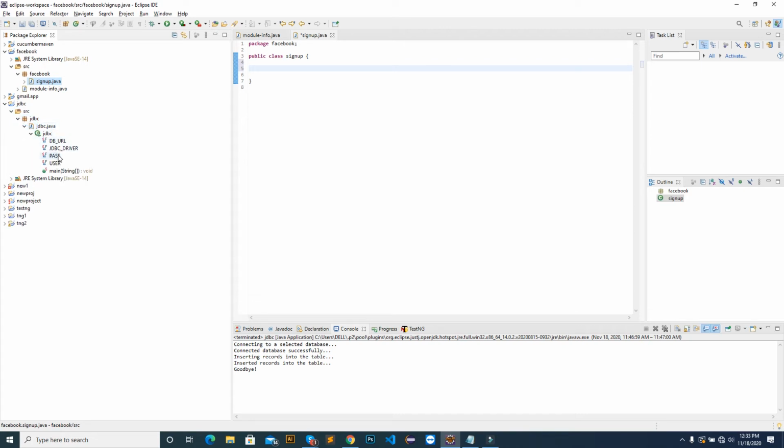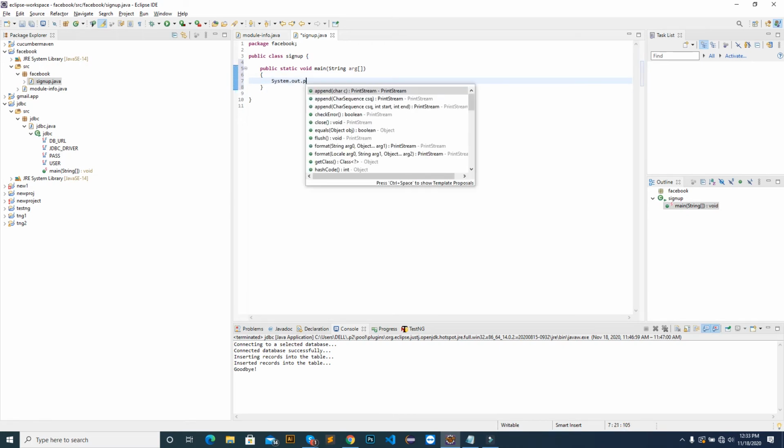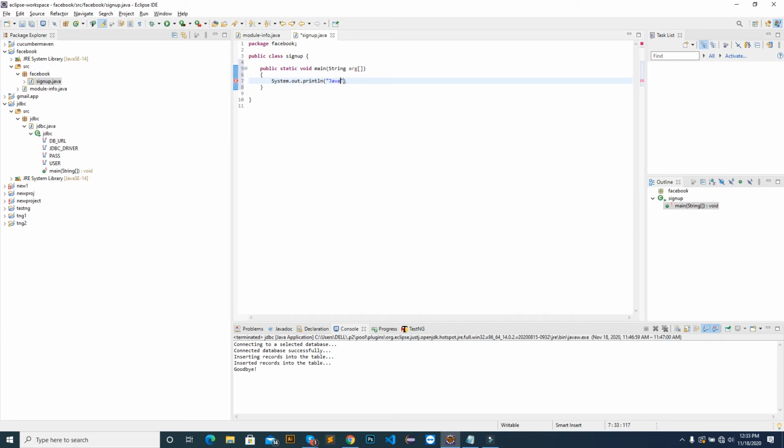And if I write this public static void main string arg, and I write system dot out dot println and java.